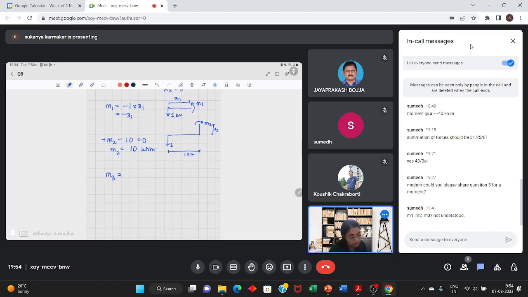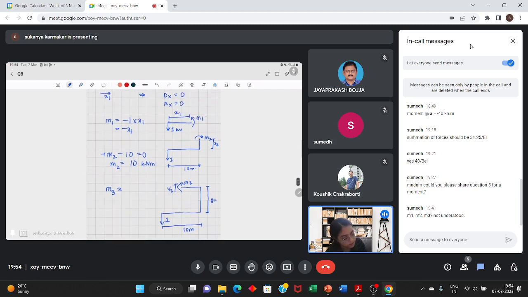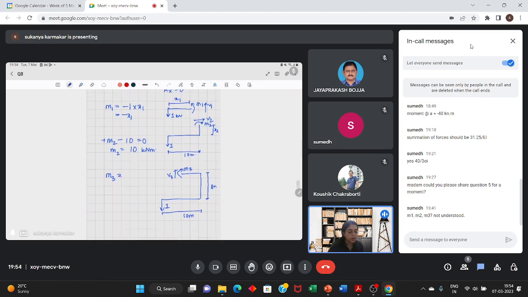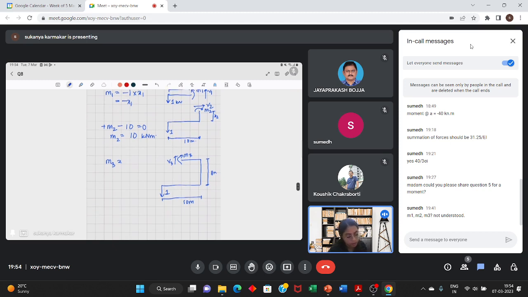So M3 is, you take this portion and this portion. You have a vertical load of 1 kilonewton. This is 10 meters. This is 8 meters, and this is M3. You do have shears at this point, V3, V2, and V1, but I'm taking moment about that section where I'm cutting, so the contribution of V3 is disappearing. So M3 is clockwise moment, so positive